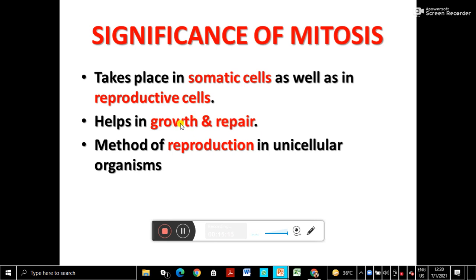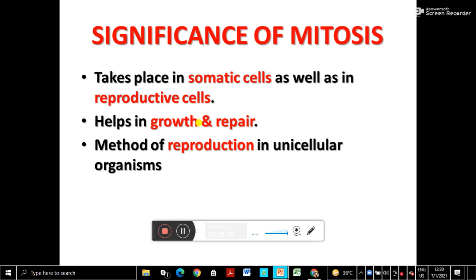Growth, you know that we all are formed, as you must have studied in class 8 in reproduction. After fertilization, a zygote is formed. Zygote is a single cell, in the mother's womb or uterus. And the single cell divides and redivides to form the embryo. We have learned that is growth, and even after birth also we have grown this much. Now we have a large number of cells in our body. We are multicellular, so all these cells are formed, and that is the growth. So mitosis helps in growth and repair. So this is one of the important significances of mitosis.